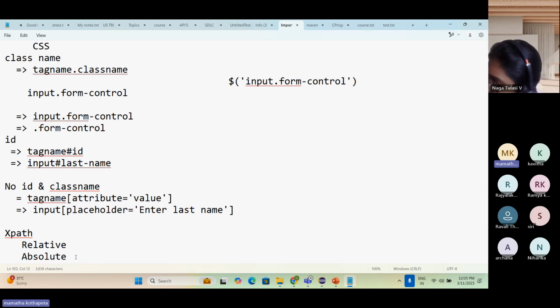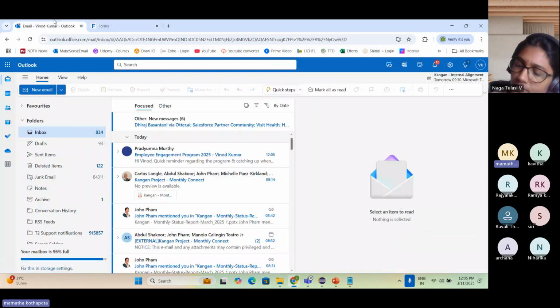People generally go with preparing a relative XPath. See, one of the biggest advantages, people believe that